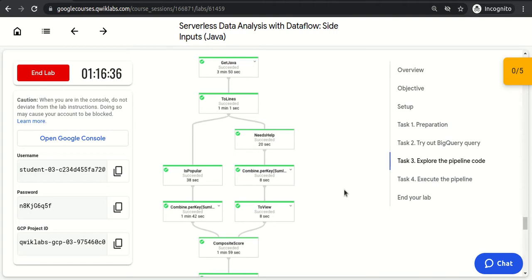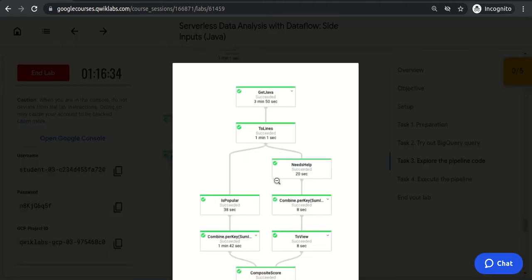Let me show you. So you could see this pipeline and this pipeline are getting combined here. So this is generally called a side input. If we consider this as the main pipeline, then for this pipeline the other one is a side input. If we consider the right one as the main pipeline, then the left one is considered a side input, and then it will combine.